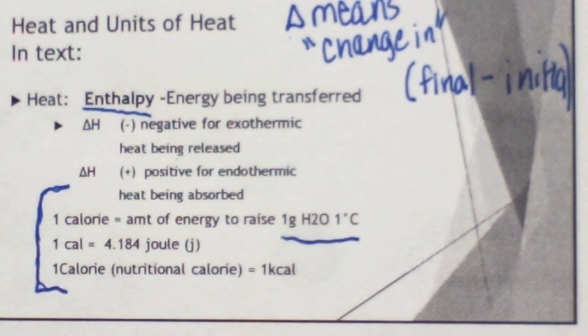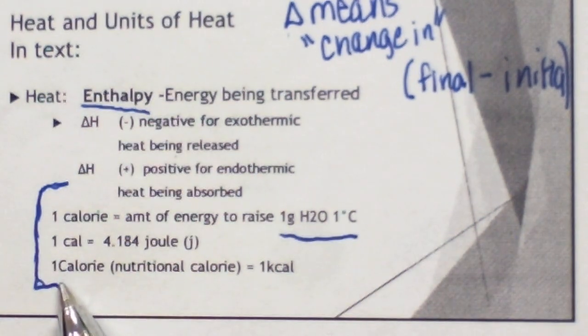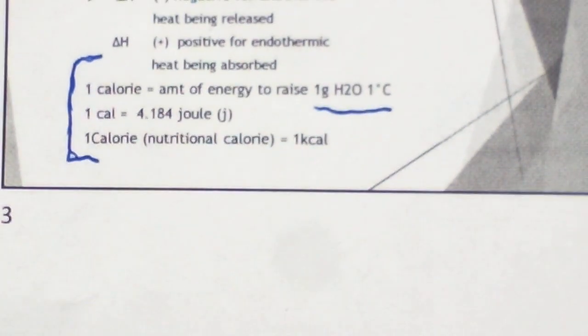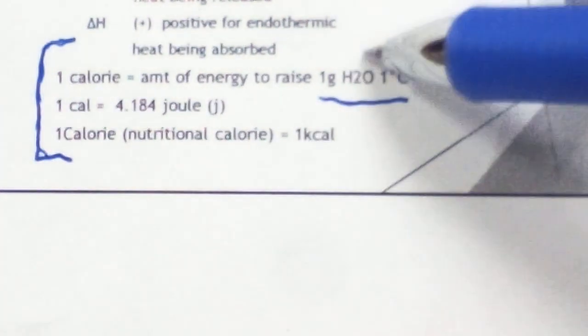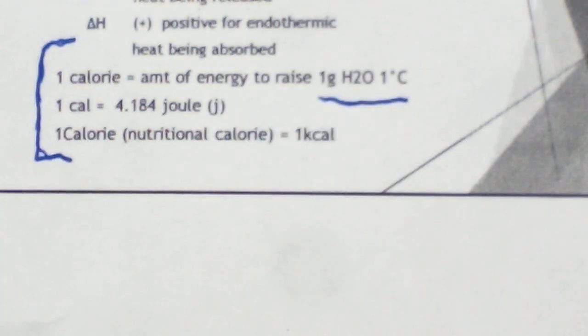So they're smaller and they're more precise because 1 calorie is equal to 4 joules. So they're a little bit smaller, so they're more precise. So we use joules more than we use calories. Lastly, 1 calorie with a capital C is equal to a nutritional calorie, and that is 1,000 of the calories that we use in the class. 1,000 of them. So you're going to want all 3 of these put on your periodic table. Okay, so I'm going to give you a minute to do that now.